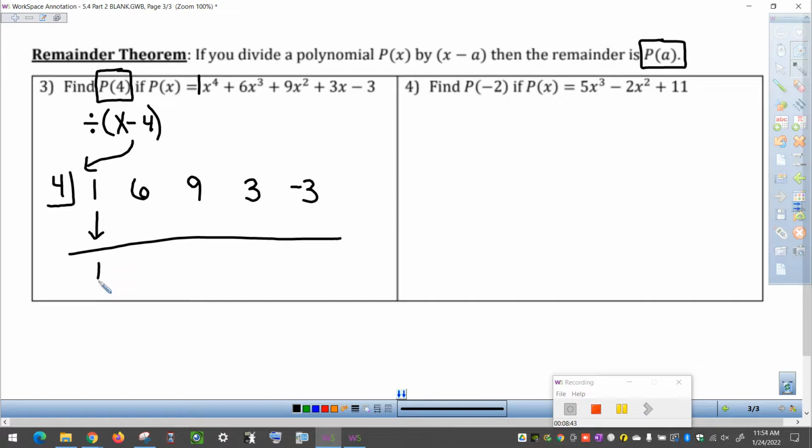All right, we're going to go through our synthetic division process. Bring down the 1. 1 times 4 is 4. Add the column to get 10. 10 times 4 is 40. Add the column here to get 49. 49 times 4